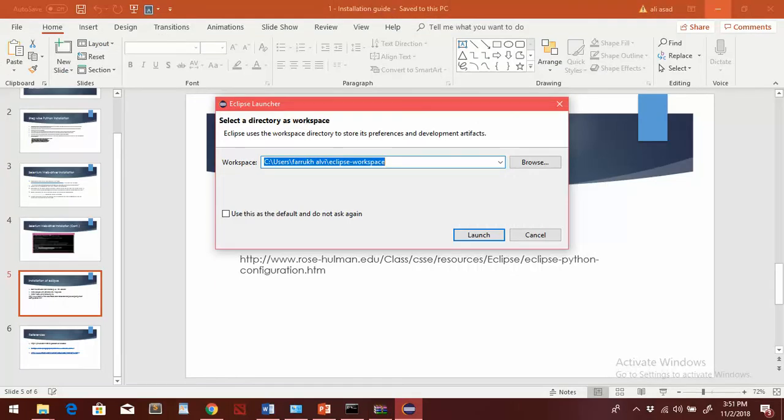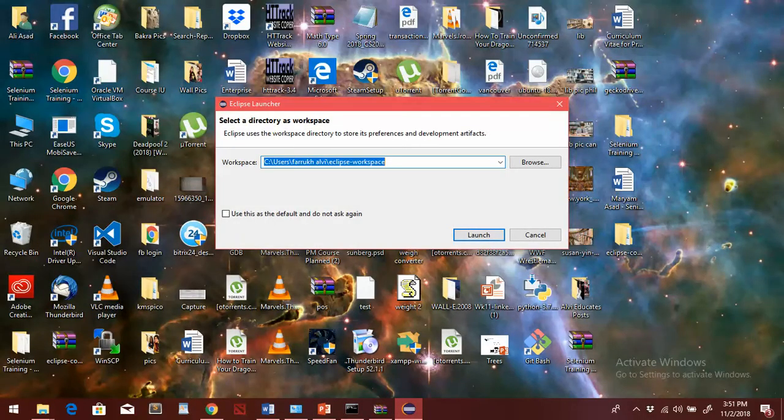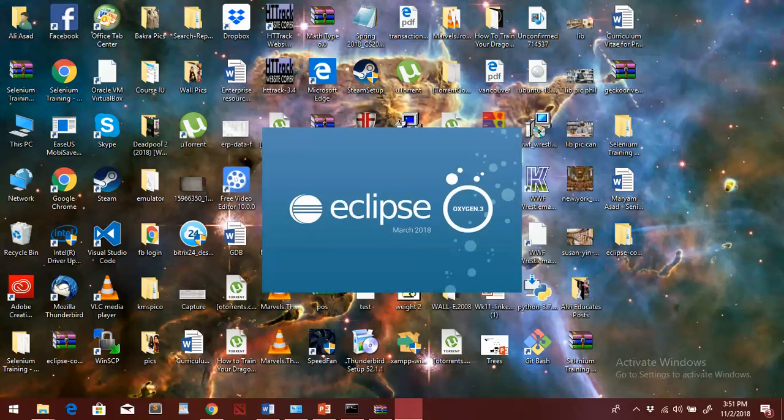Now my Eclipse has been installed, and I chose Eclipse Oxygen in order to run the script. When you double click on the Eclipse version here, you're going to see this Eclipse launcher window, and all you have to do is click on the launch button. You can see this Eclipse Oxygen 3 version is now getting ready to be opened, and once it gets opened, I'll show you how to install